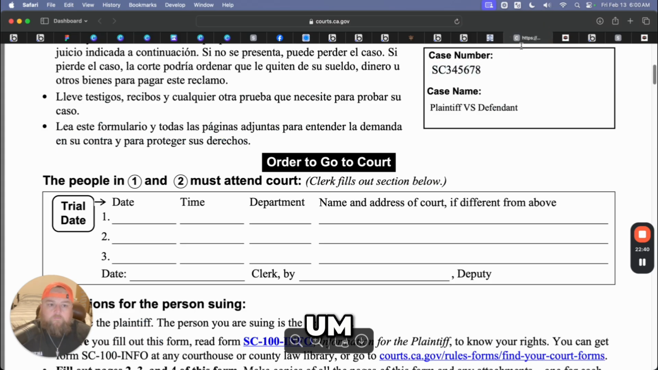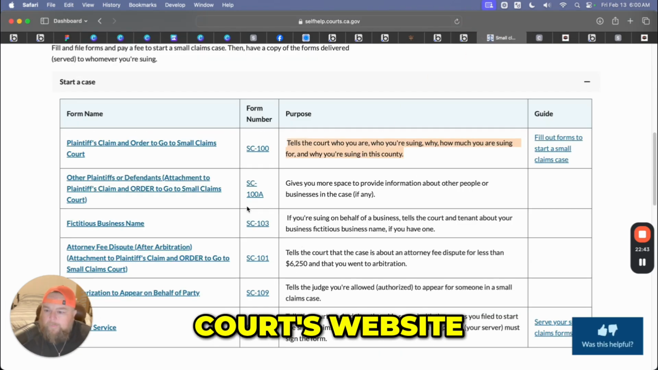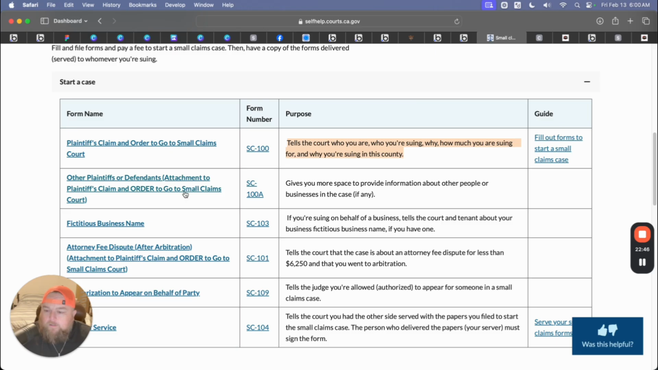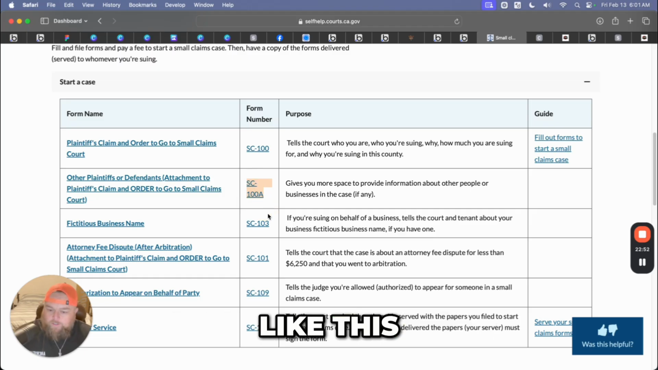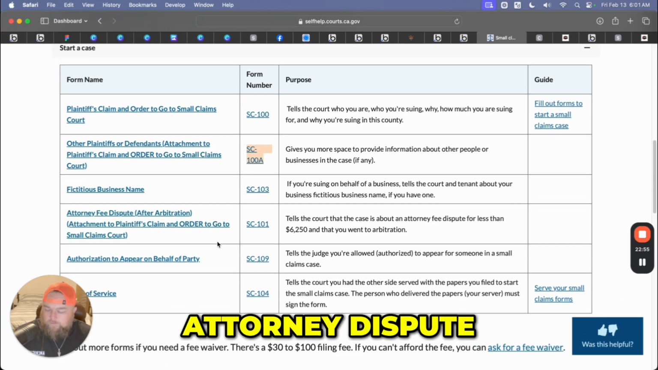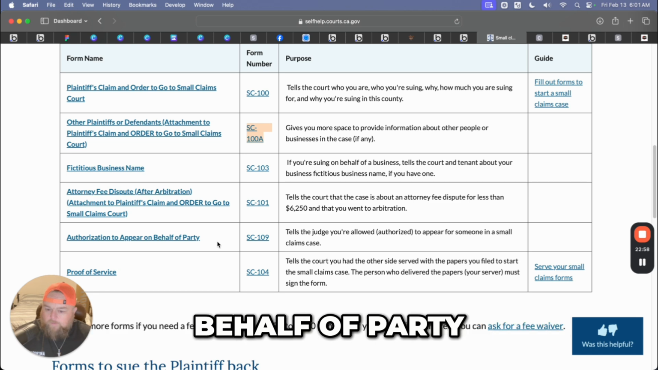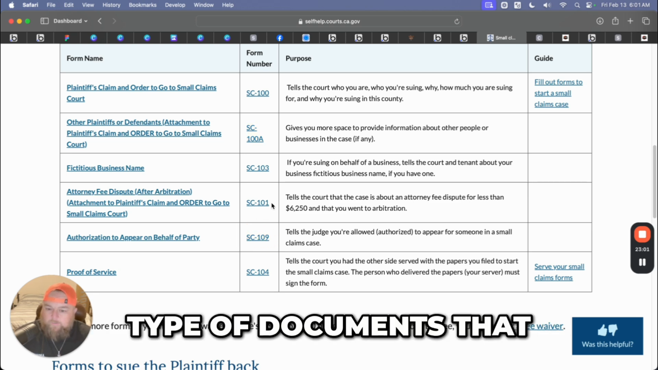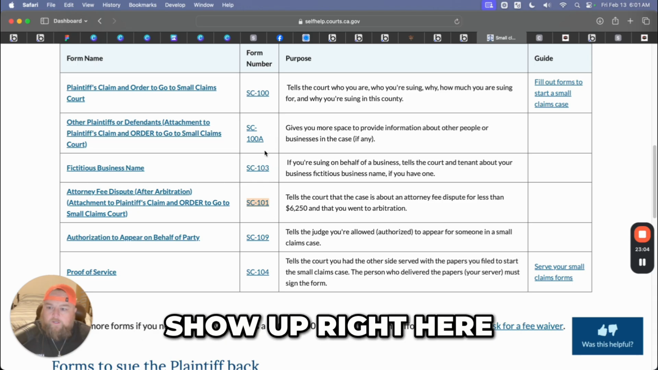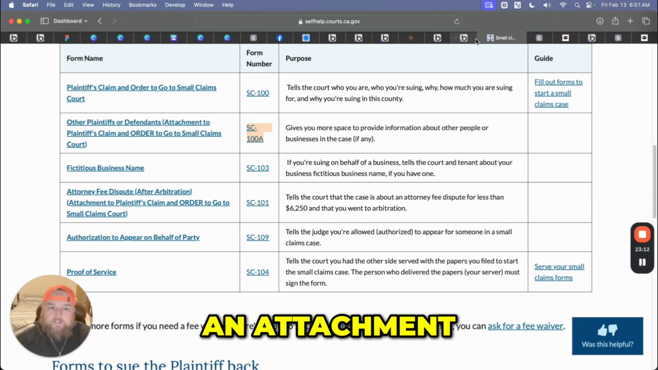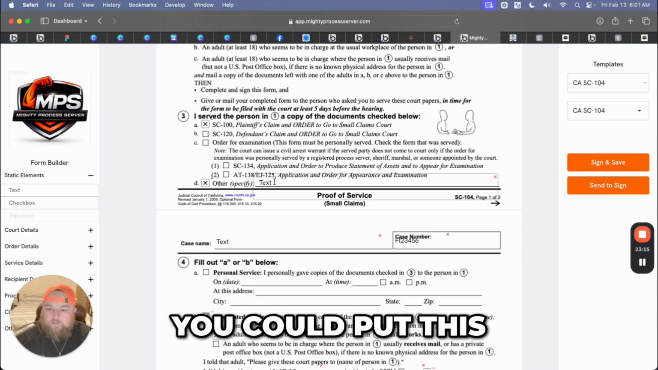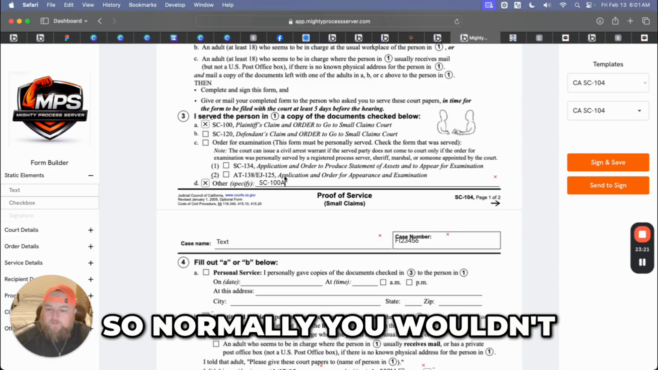So back to our list here on the court's website. Yeah, that would be an attachment. You could list that since it's listed out like this. So, let's see what else. Attorney dispute, authorization to appear on behalf of a party. Yeah, so any of these additional types of documents that get served would just show up right here. So you could say attachment to plaintiff's claim. Generally we don't put this because it's just an attachment, but you could put it like this. You could go SC100A because it's just a part of 100, so normally you wouldn't put it, but